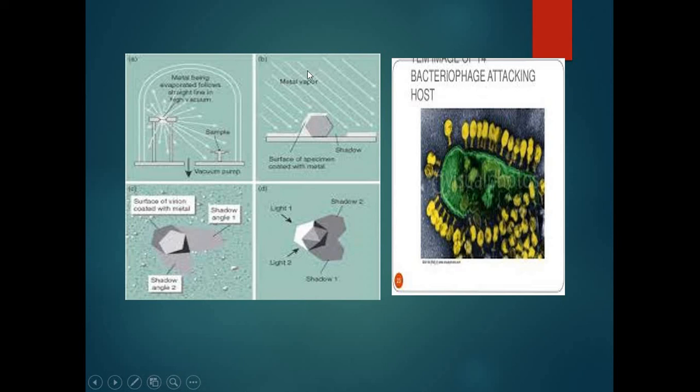Here you can see the different electron beams coming from the source and colliding with the specimen and showing the image of the specimen. Here you can see the different specimens forming a shadow. Light is coming from this side and also from this side, showing the shadow on the screen. Here you can see one more depiction.